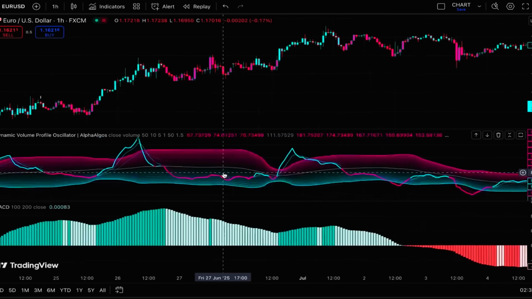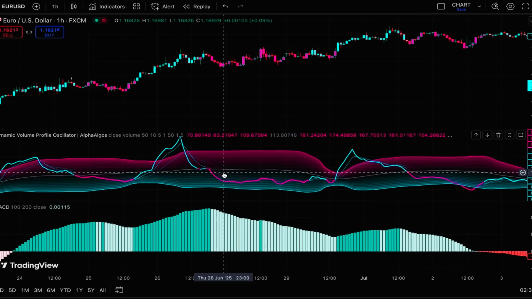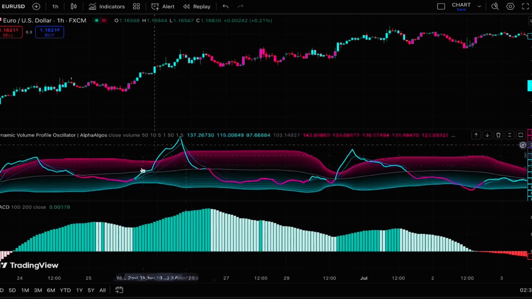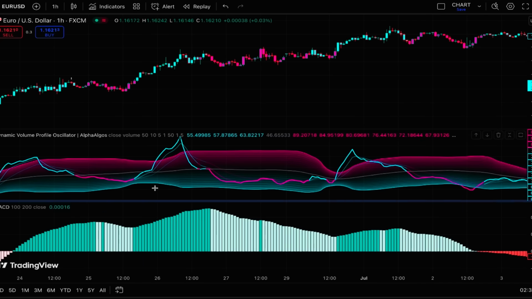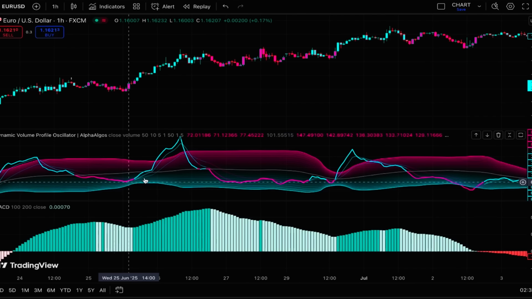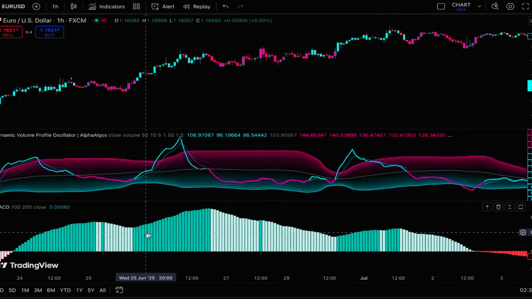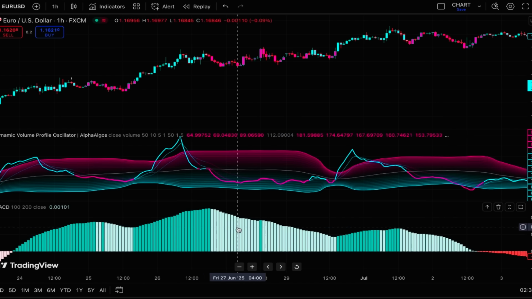When the MACD histogram is green, it tells us that the trend is an uptrend, so we should look for long position opportunities. So here in this indicator, we wait for the times that the oscillator line goes below the center line and then crosses above the center line. When the line is closed above the center line, here in the MACD histogram, if the bar is dark green, we enter a trade. But if the bar is light green, we don't enter a trade, because when the MACD histogram